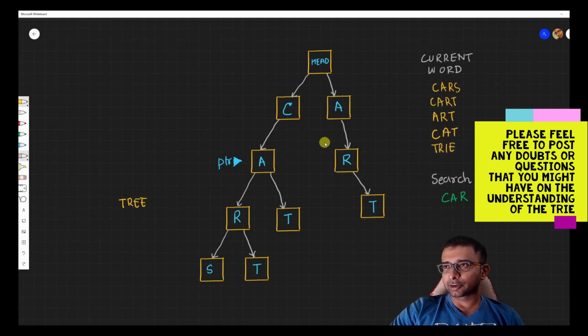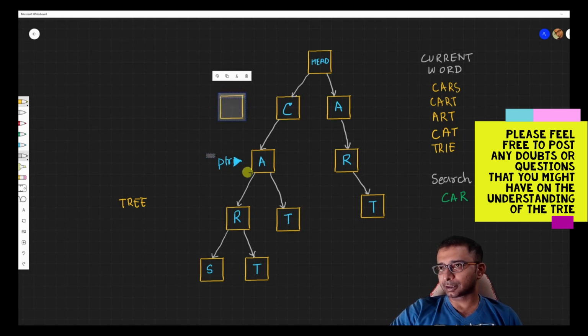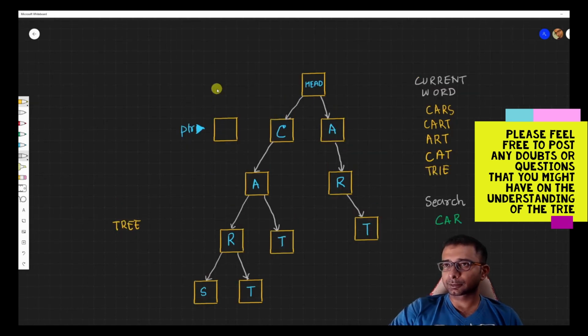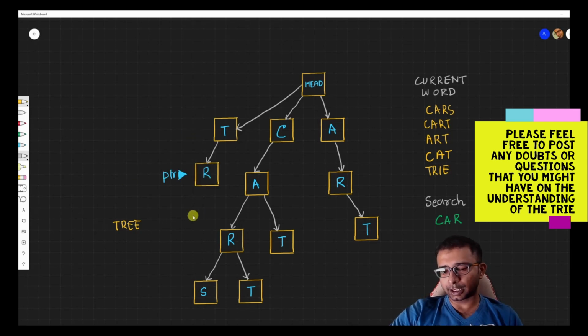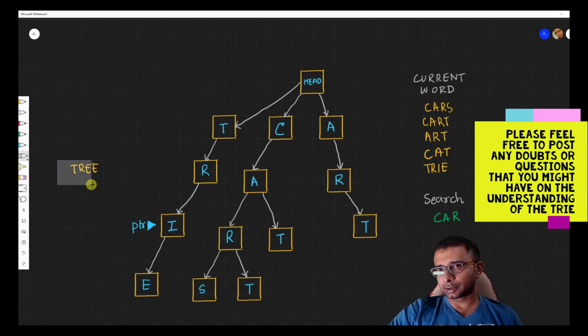So let's put try inside the trie, and we look for a T under the head. Let me go a little fast over here; I'm sure you might have got the concept by now. I'll create this new node, put a T over here, put the pointer next to it, and also map it up. And then what I need is an R, then an I, the next character is an E, and similarly we are done with try. The next word that we need is tree.